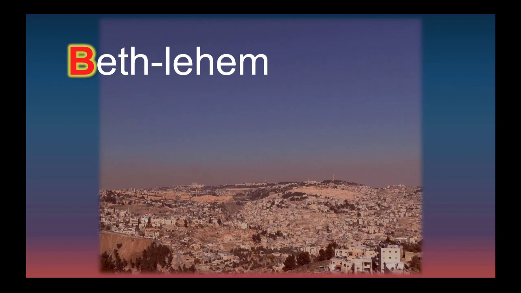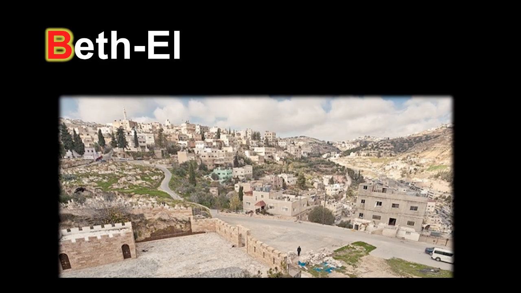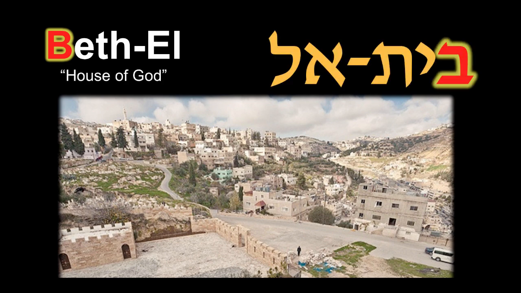And we have Bethlehem here. And that's how it looks in Hebrew. And in Hebrew it's bet, just like an alphabet. Why? Again, because we have a compound word here. Bethlehem actually means house of bread. And you might have heard of the city Bethel, which means house of God. And that's how it looks in Hebrew.